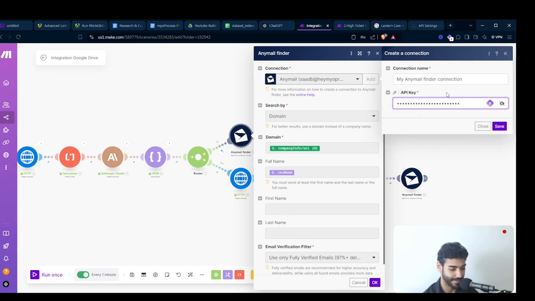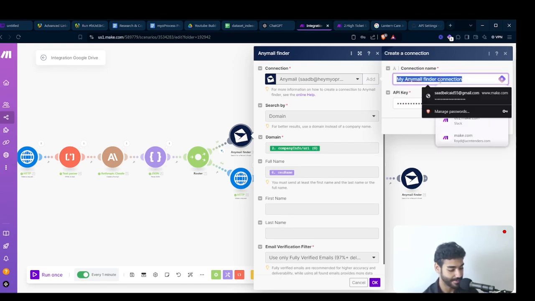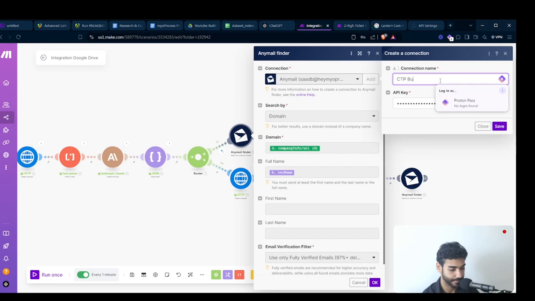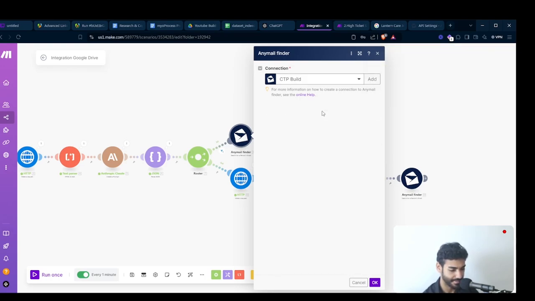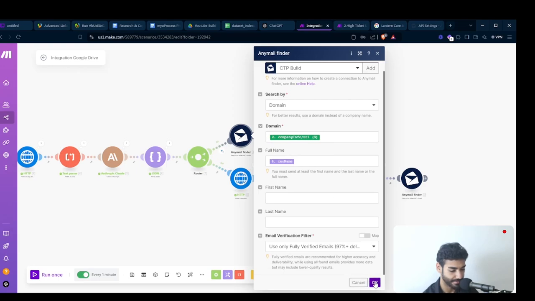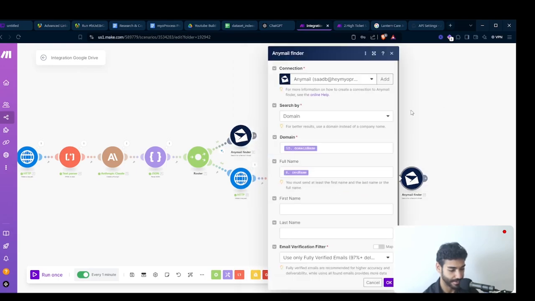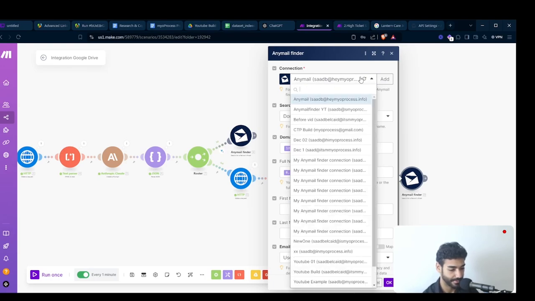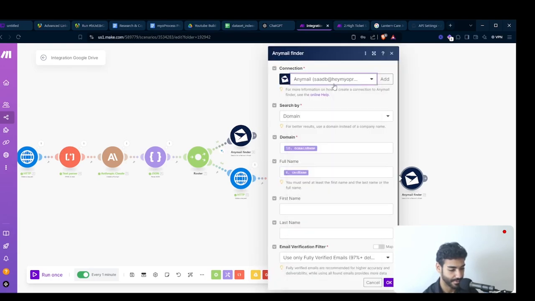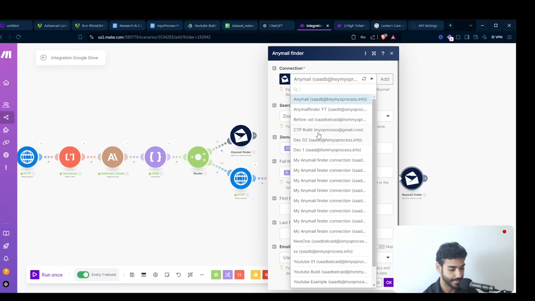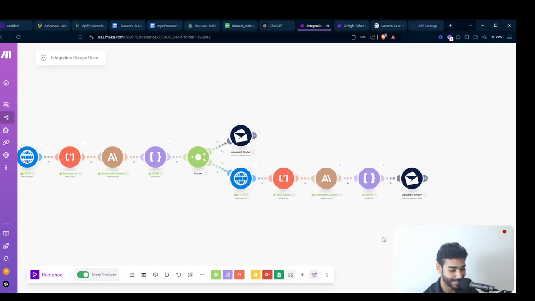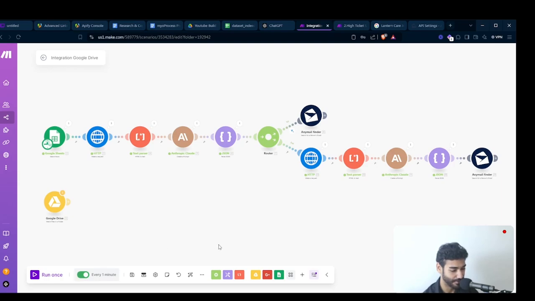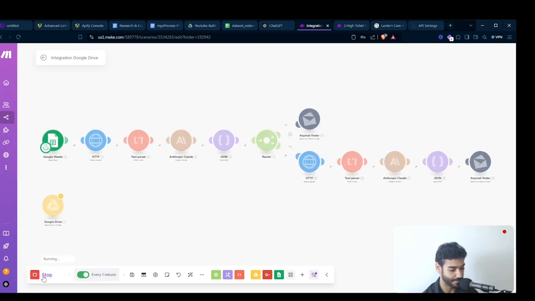I'm just going to name this CTO build. Click Save. And I believe, yeah, that's pretty much it. Click OK. And then I'm going to have to click on CTO build. The way I'm going to do it is I'm going to have to refresh first. Okay, so what I'm going to do now is click on run once,